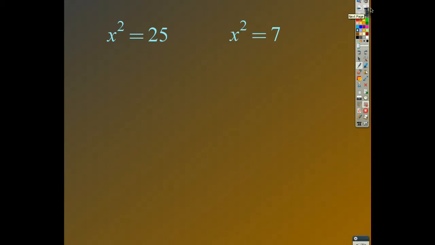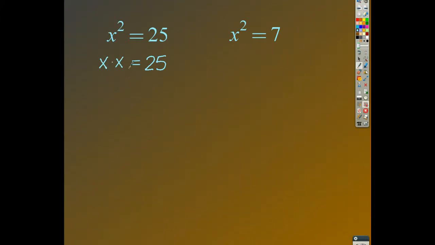Let's take a look at what x squared actually means. The exponent 2 means we're taking this number and multiplying it by itself that many times. So really what you're saying is x times x is equal to 25. And what we want to know is what number can I plug into this